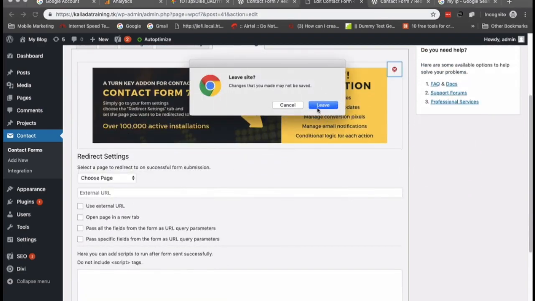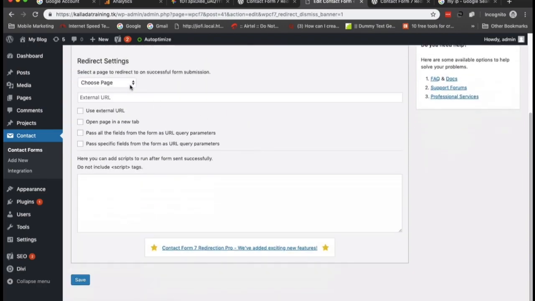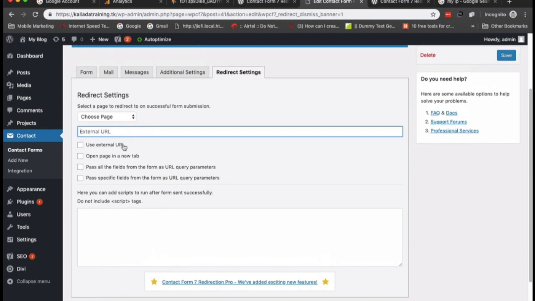So what I will do is choose a page where I'll be able to redirect it.